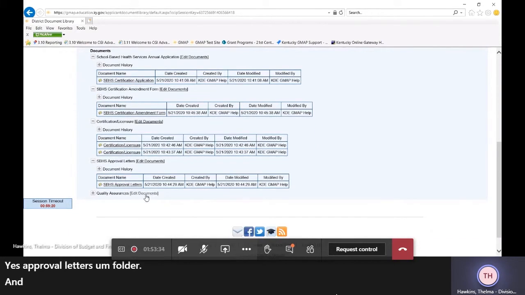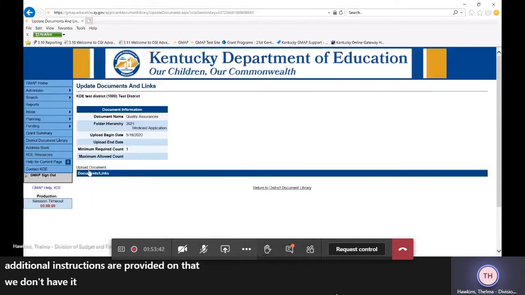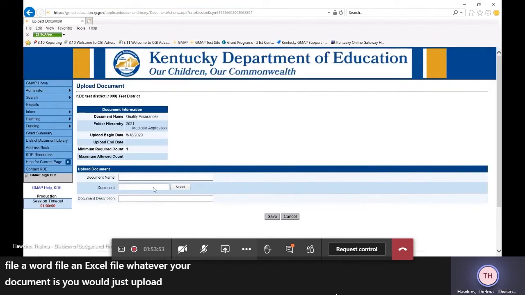And for the quality assurances, once additional instructions are provided on that, we don't have a template for that, but it'll be the same. Whether it's a PDF file, a Word file, an Excel file, whatever your document is, you would just upload the document.